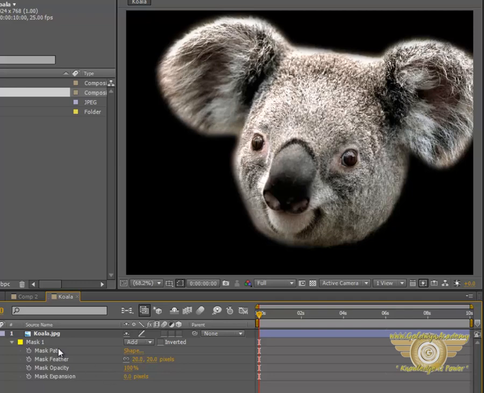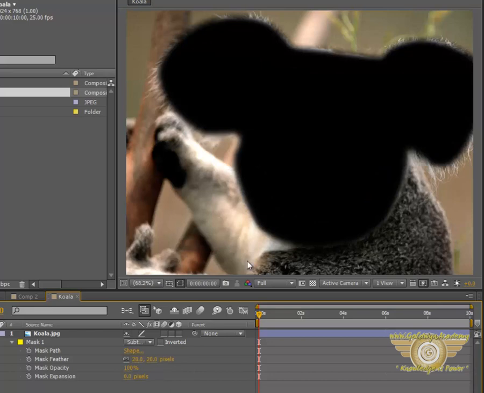Now let's check out what this over here is. This is the transfer mode of the mask. If it is selected to Add, that means the elements inside of the mask will get visible. If it is Subtract, elements outside of the mask will get visible, and the others come into action when there are more than one masks, and we will learn them later on. For now, we will leave it at Add,